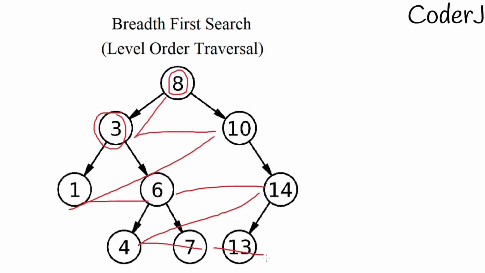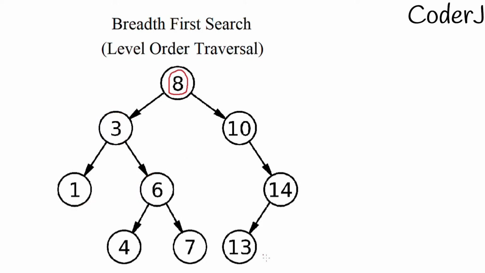Simple, right? Now the real question is, how are we actually going to do this? Because in DFS we kept on calling again and again till we reached an end, and after that it returned the value. So in BFS, how will we do it? In BFS we can't use recursion, because recursion uses a stack. We need a queue. So we'll implement a data structure on its own, and I think by now you already know which DS we'll be using. We'll be using a queue.